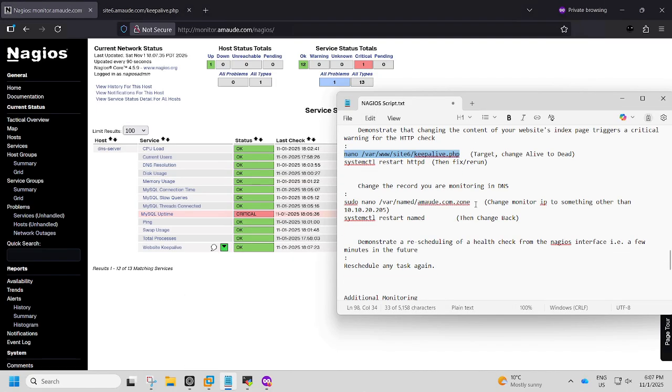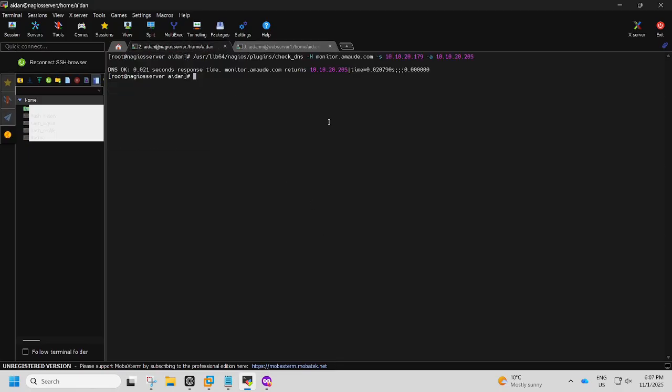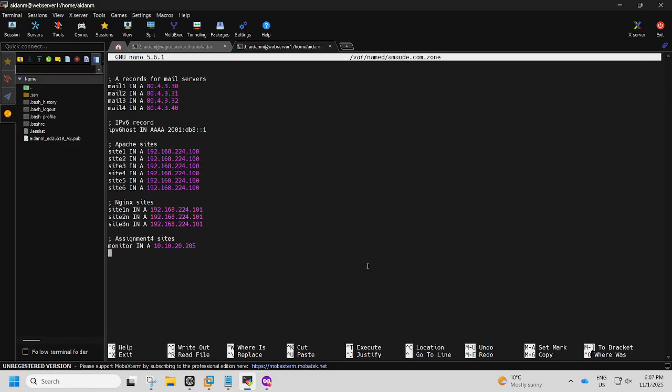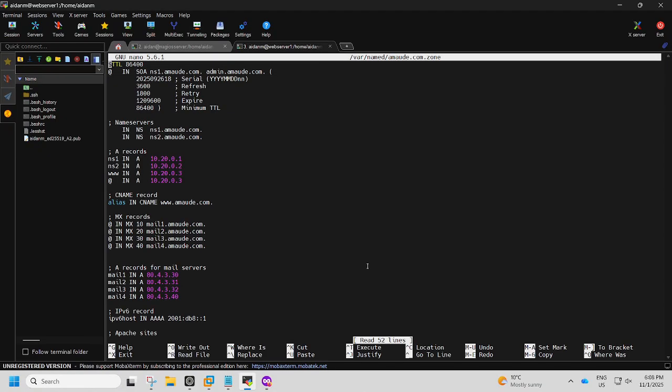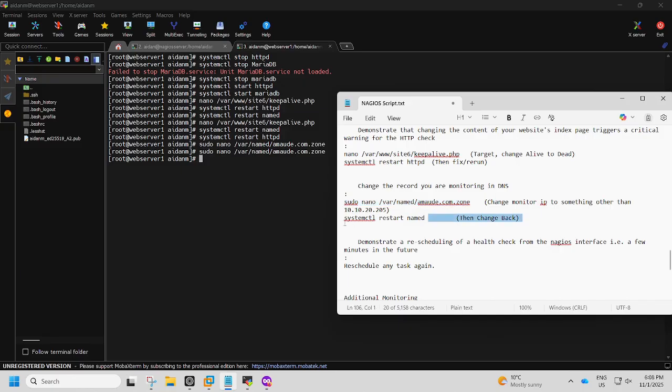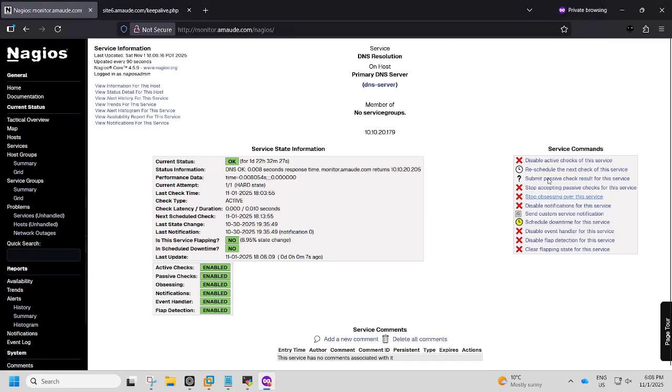And restarted that. So if I change the A record in my DNS monitoring now, if I go to amod.com.zone and go all the way to the bottom and change this from 10.10.22.05 to 10.20.30.40, save that. Actually, I need to change the serial number, save that, and then I will just restart named, and then I will go back to Nagios and go to my DNS resolution, force that to update, and that